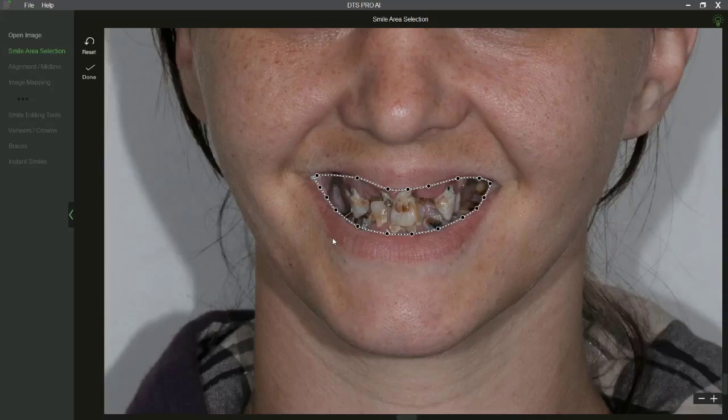Because if I'm looking at a smile like this, boy, there's so many directions I could go. I just am not really sure what I need to be shooting for. So going back to that facial analysis template I was talking about, I show in that video how you can use PowerPoint to do a 2D simulation, but it's not the most streamlined method. It's kind of a hack of that software, whereas the software I'm currently using for this is this DTS Pro,